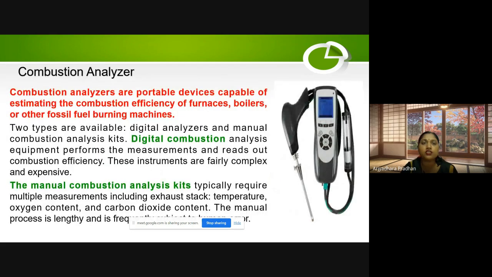Next, we have the combustion analyzer. Combustion analyzers are portable devices capable of estimating the combustion efficiencies of furnaces, boilers, and other fossil fuel burning machines. Now, two types are available: the digital analyzer and the manual combustion analysis kit. Digital combustion analysis equipment performs the measurement and reads out combustion efficiency. These instruments are fairly complex and inexpensive. The manual combustion analysis kit is also there, and the